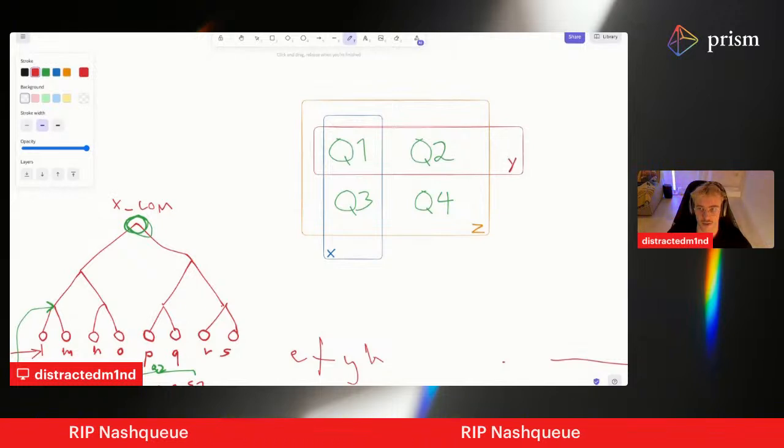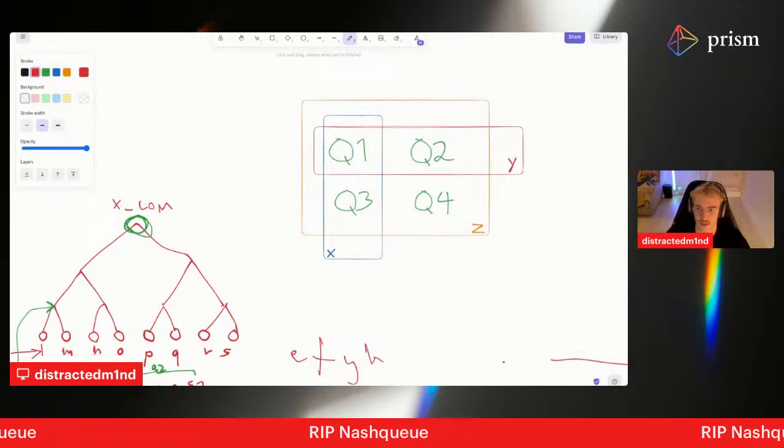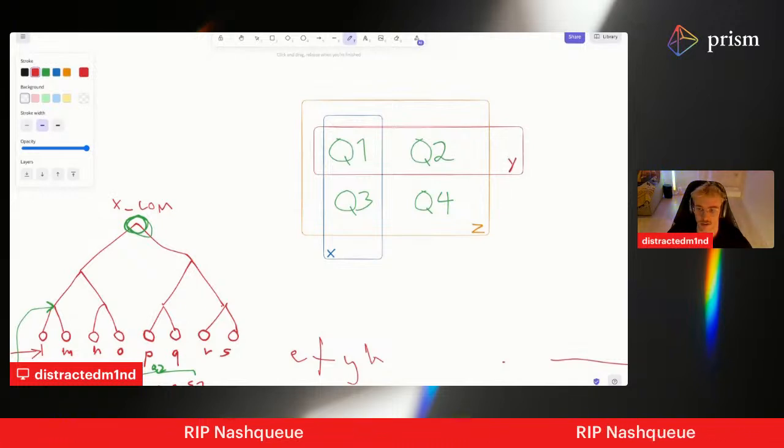So let's say X tree would be, is that the type? We have a Merkle tree SHA-256 algorithm.